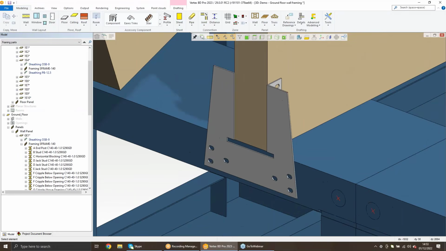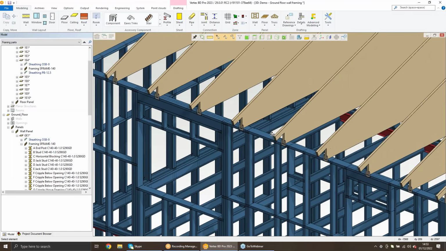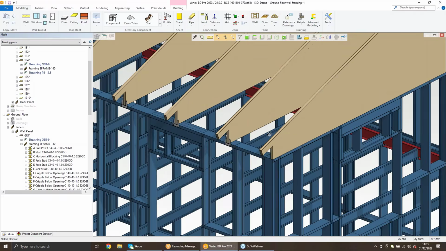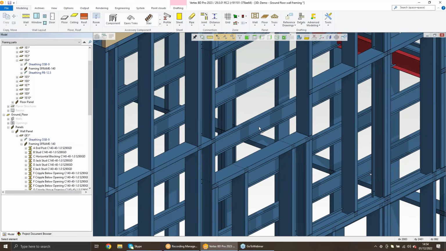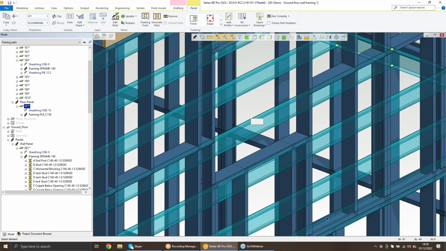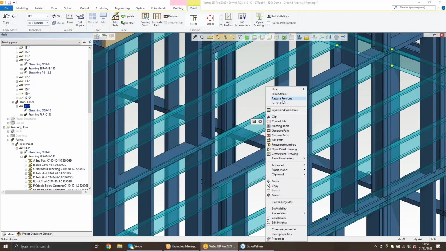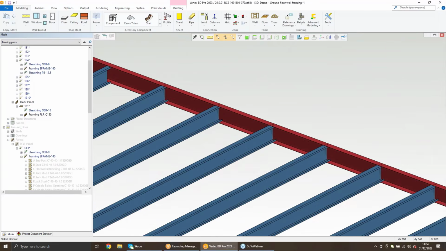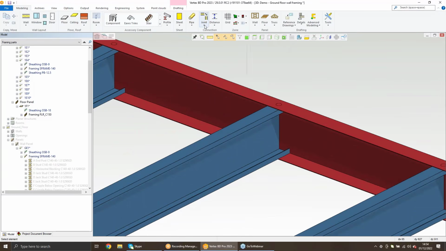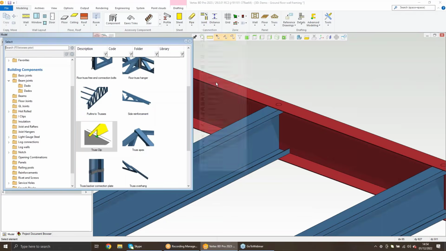Now we have truss clips everywhere. There's a couple more. Let's take a look at the floor trusses, the floor joists, I should say. Let's find others. We got that